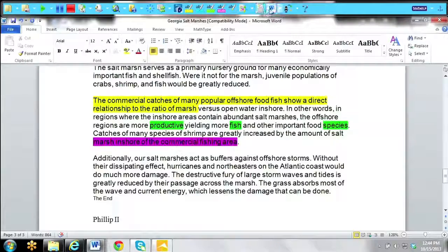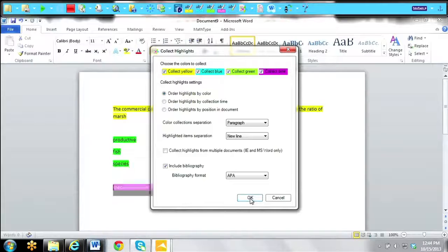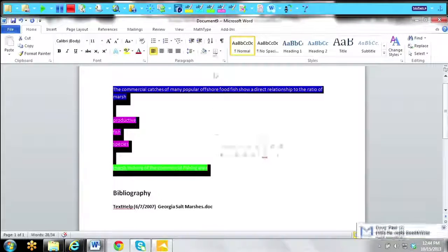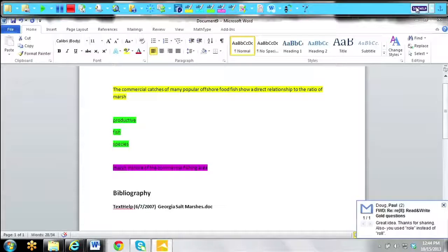So let's just try this one more time. There it is. So basically what it did is it collected my yellow highlights and my green highlights, and I had it collect in the order of collection time. But essentially what I can do at this point is select the text itself, and I think I have to go to